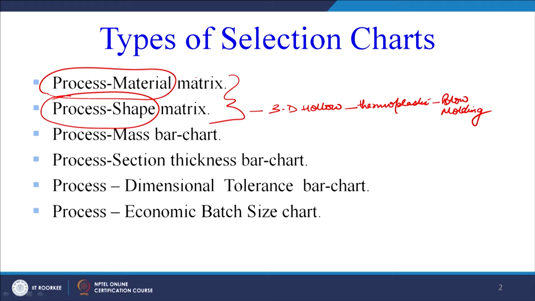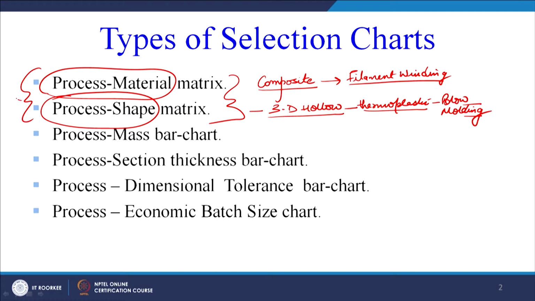Similarly, the process material also we can take any example, that we can take a composite material, and the process can be filament winding. So this is the shape, this is the material and this is the process. So such type of information is already available, and we have already covered these two